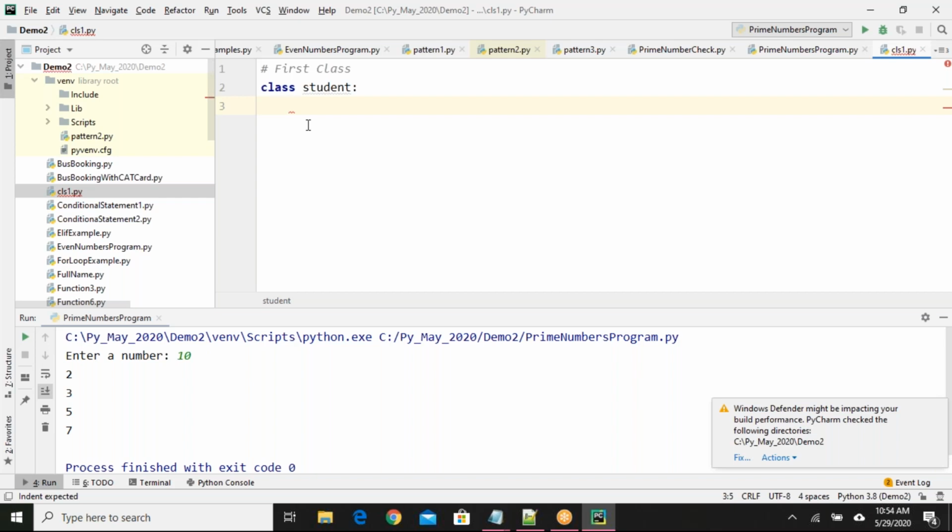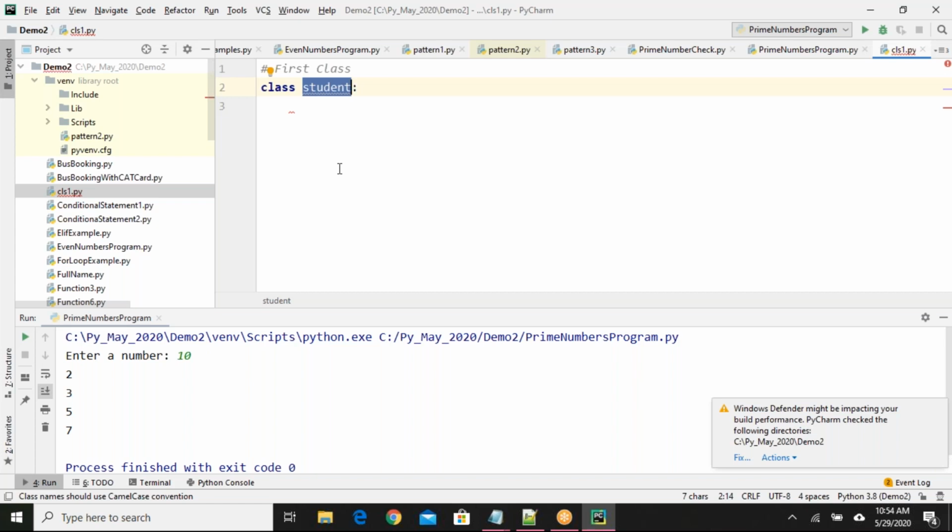If you remember, we have certain rules while writing identifiers. To write this student name here, we have some rules. It should not contain any special characters like percent symbol, dollar symbol, hash symbol. If you provide any special characters, it will give you an error.